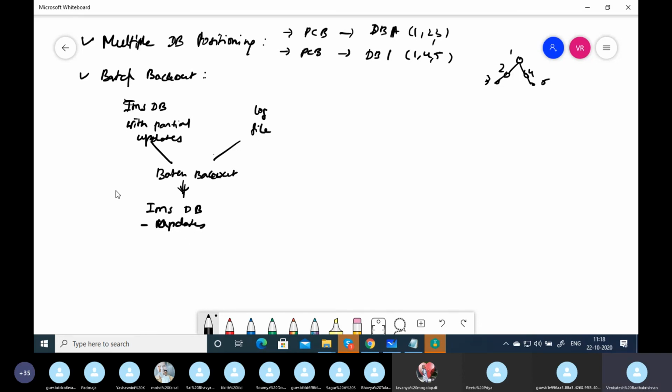When the job abandons in the middle, to avoid any partial update when you restart or resubmit the job, you have to tell the operations to do a batch backout so that they restore the database to the previous state, and then you can restart the job. So it is going to start from the top. There is another way which is going to replace this, which is checkpoint restart, which we have never seen.